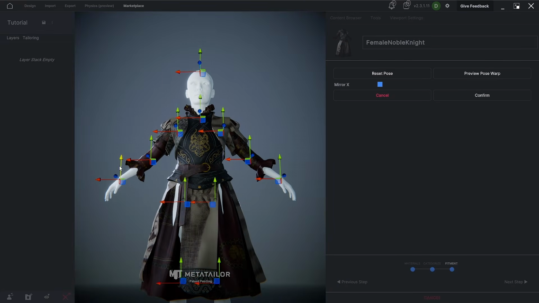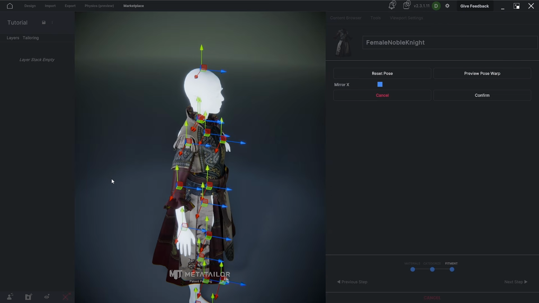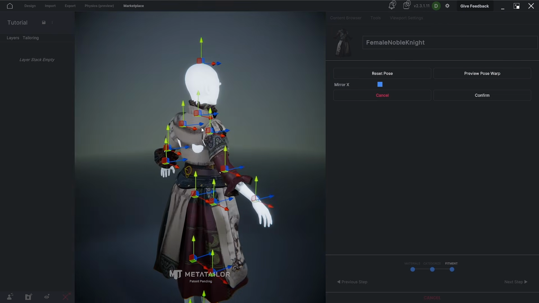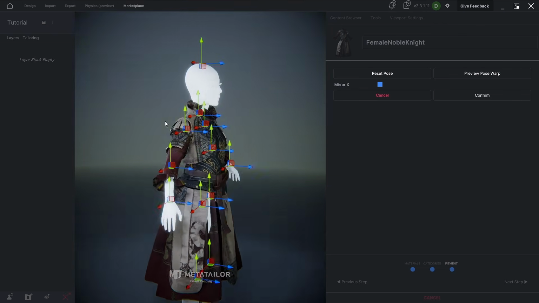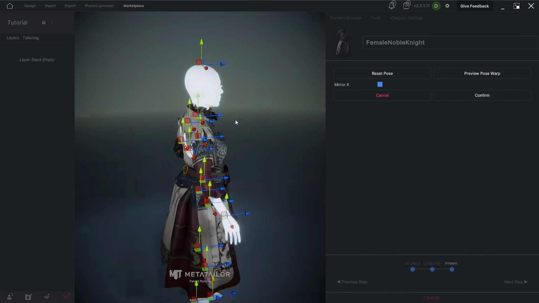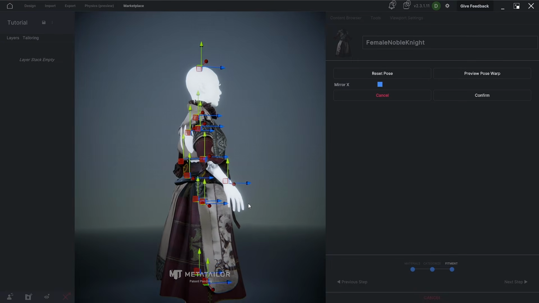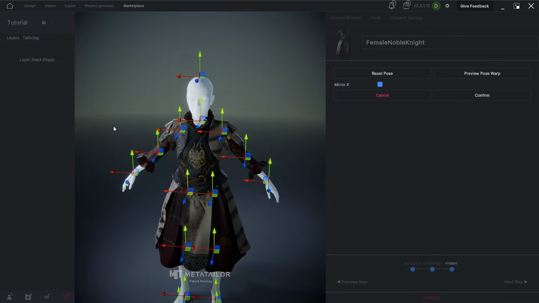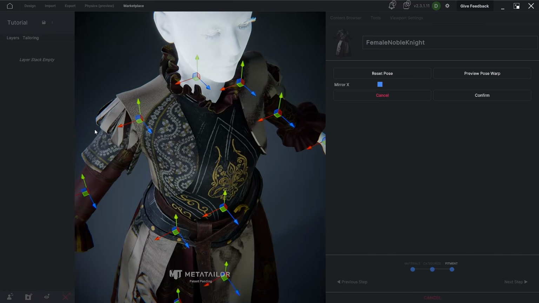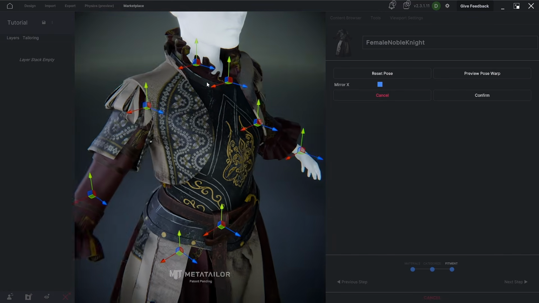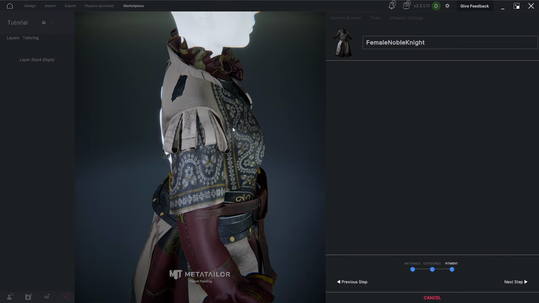Now I'll adjust the upper body a little. These steps are pretty simple, but the difficulty can vary depending on how complex the outfit is. Like I mentioned before, small overlaps are fine for outfits. Once you're happy with how everything fits, just press Confirm and move on to the next step.